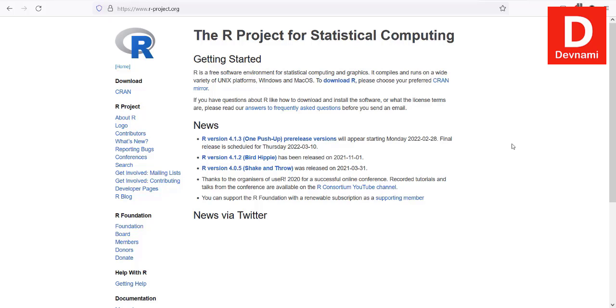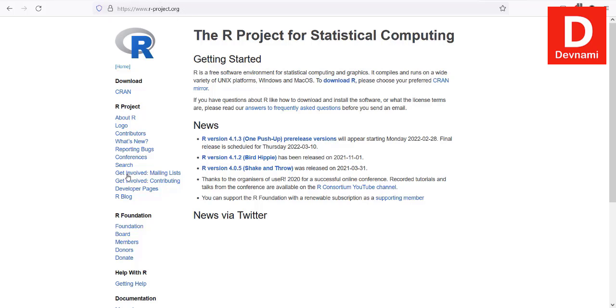Now let's take a look at how you can set up R language on Windows. First, we are going to install the R language, then RStudio. We will also look at how to install the R language environment in Anaconda Python. So there are three things we will accomplish by the end. First thing, go to